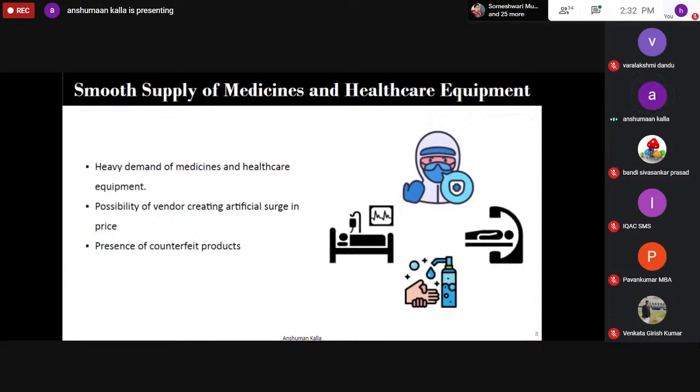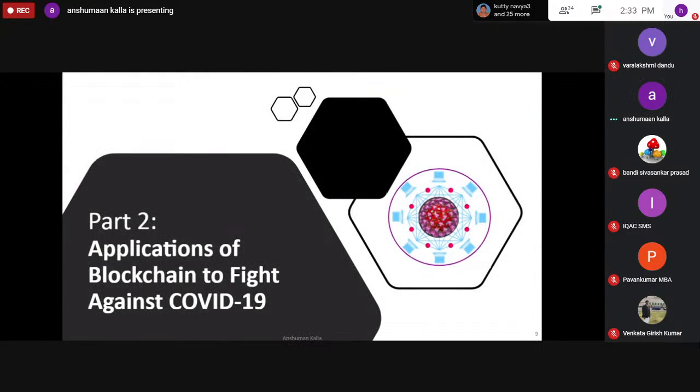Also, there is a possibility of counterfeit products that do not meet quality compliance, because this is something directly related to health, so it has to have very precise compliance with the regulatory bodies, policies, and all. All right, so these are a few challenges which I mentioned just now. Of course, this is not an exhaustive list; there are n number of other challenges. Due to time constraints, I won't be able to discuss everything, as it would take hours. But these are some of the challenges which I think are important when we are talking about the use of blockchain